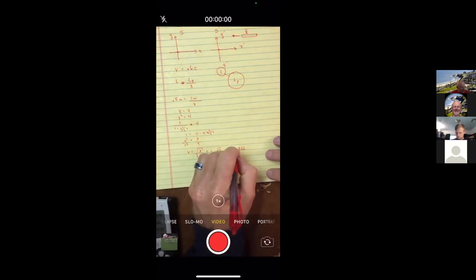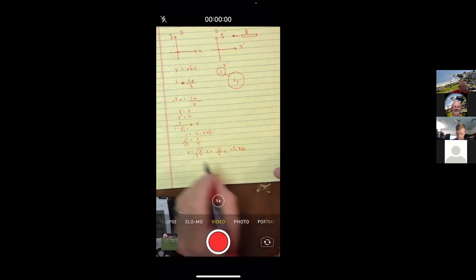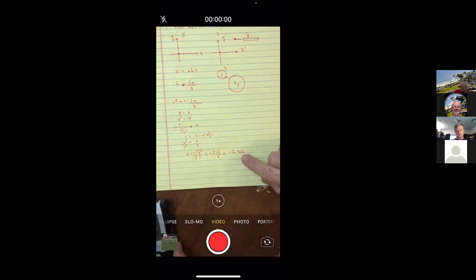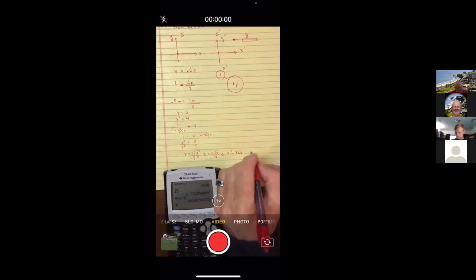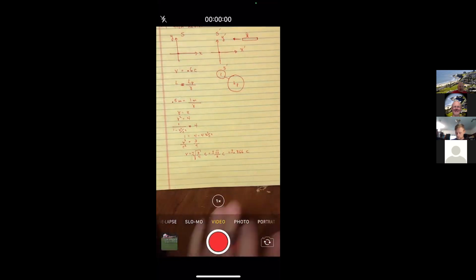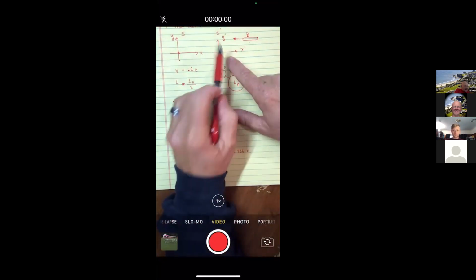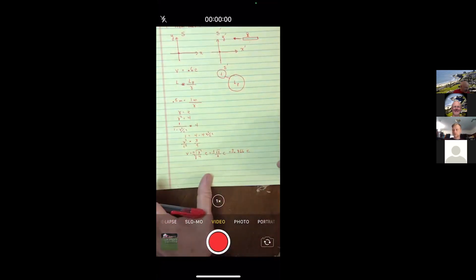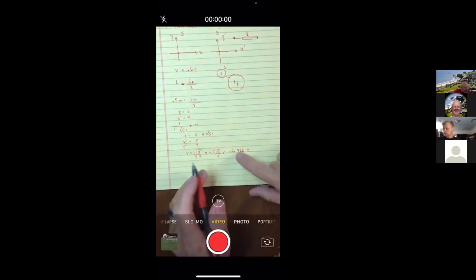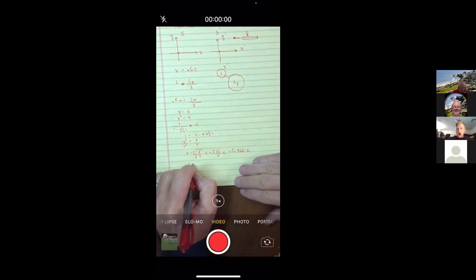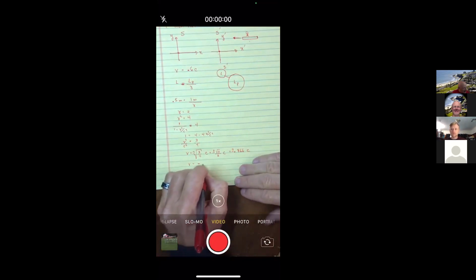And I should put plus or minus. I'm taking a square root, so plus or minus 0.866c. So that's kind of the first step in this problem. What exactly is the speed? And of course, remember, this would be the speed of the meter stick as seen by the primed system. And we were told it's to the left. So we know then that the speed of the meter stick is negative